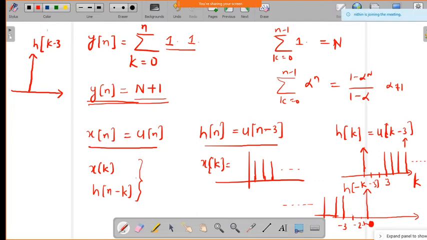Or else, for better understanding, you just take this one as the shifted version, which is x of k, u of k minus 3. This shifted version itself you can take as h of k. Now this h of k I need to compute to get h of n minus k. So we already defined the shifted unit, that is h of k. Now you need to find this h of n minus k. If you shift this one by n units, then you will come to know easily how to compute.